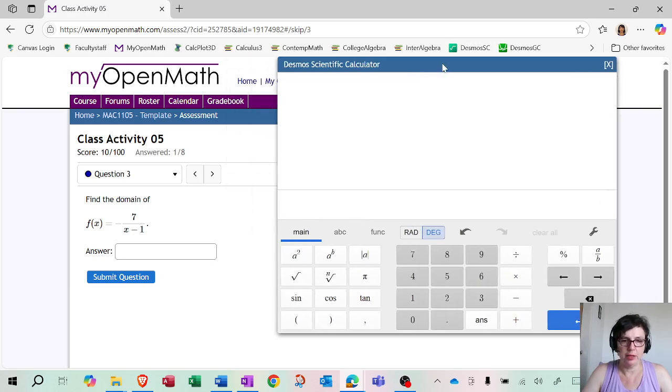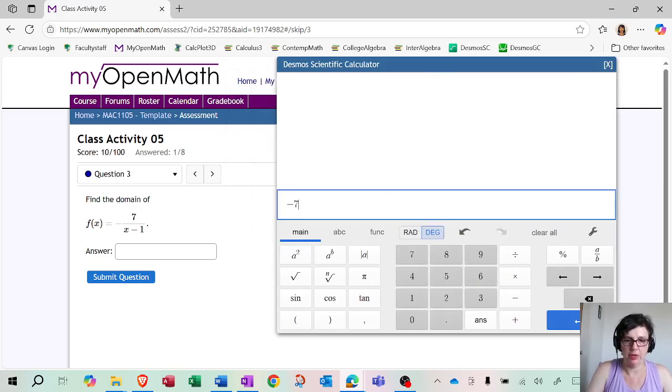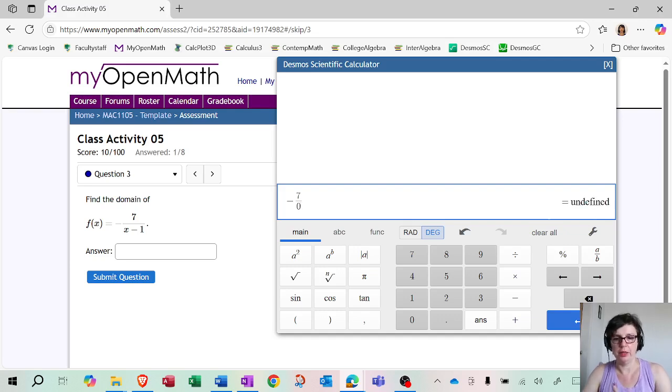Well, if you try it, let's say imagine that you take -7 and divide it by zero, the calculator obviously tells you it's undefined. But why? Well, imagine that this answer would be some kind of number instead of undefined. If you take that number and multiply it by zero, it should give you -7. But there is no such number because any number times zero will never give you -7. It's always going to give you zero. So division by zero is not okay.